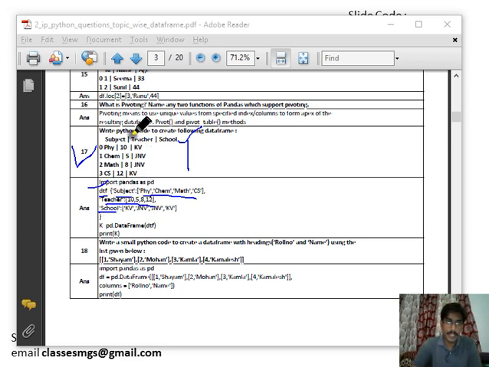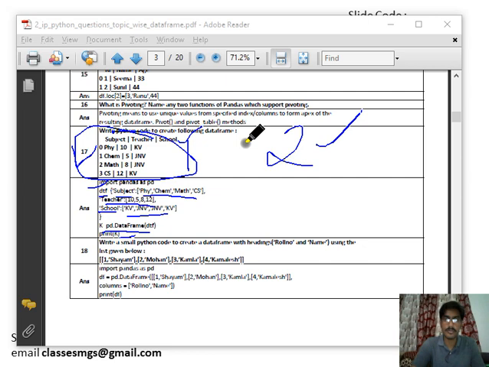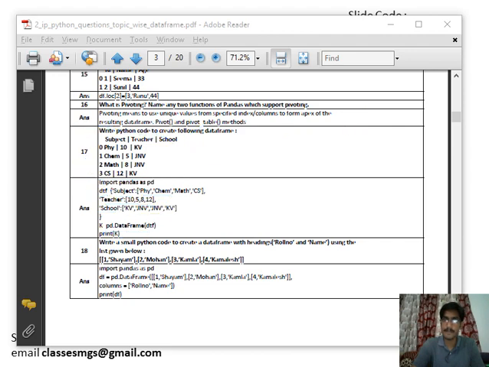Then the school key, and then you pass all the values kv, jnv, jnv, kv, and then pass this dictionary into pd.DataFrame. If you print, you will get this data frame. So these are the simple questions. 2 or 3 marks questions are asked. So we will discuss more questions after the end of this chapter. I have just shared some of the questions for your practice.